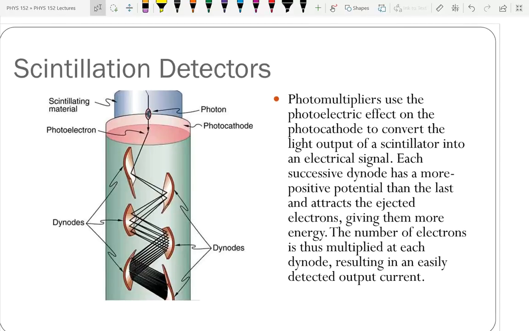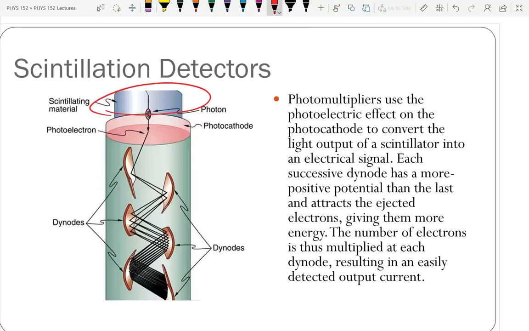So you have the scintillating material up here at the top, the thing that's going to create a photon when a radioactive particle goes into it, and then that photon creates a photoelectron, which then is multiplied by these diodes in the photomultiplier tube. Each of these diodes is a material that is set at a very positive voltage compared to what's above it. So that thing that says the photocathode has a very negative voltage. And then that first diode is positive by, let's say, 1,000 volts above it. I'm just making up a number. It's probably more like 100 volts.